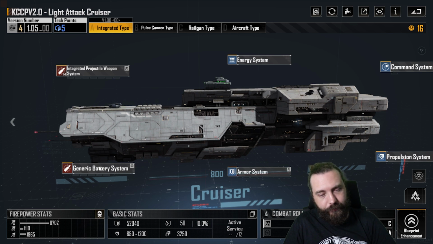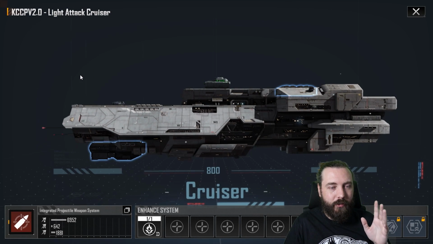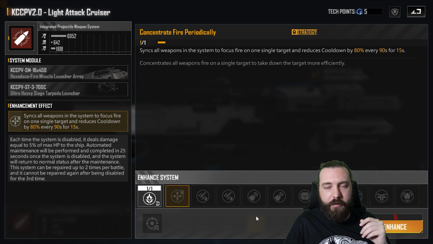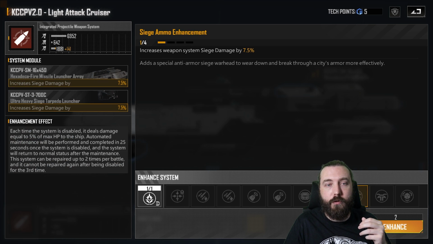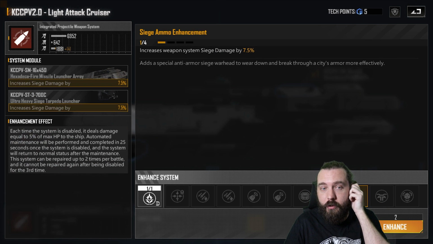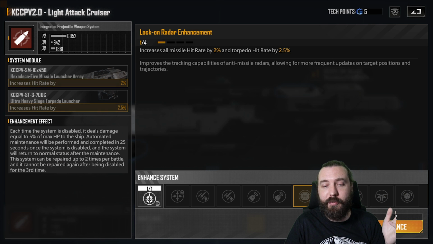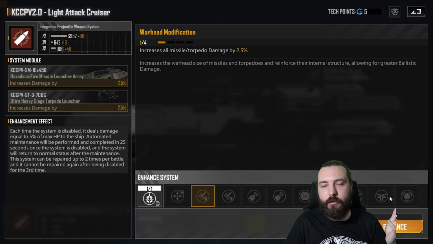But there we go. After you go into the armor system, going into the integrated weapons platform here, you have 7 slots to play around with. Concentrate fire periodically is a terrible strategy at the end of the day. It generally doesn't do all that much, so I'd just recommend not picking this up. You are going to want as much hit rate as humanly possible on this thing, so pick up both hit rates, including the one against other cruisers. You will almost certainly need it. Not that you have much choice anyway, because you got siege damage here. And you got 7 slots to fill. And your 7 slots literally go hit rate, double cooldown, double damage, and you still got a spare slot,